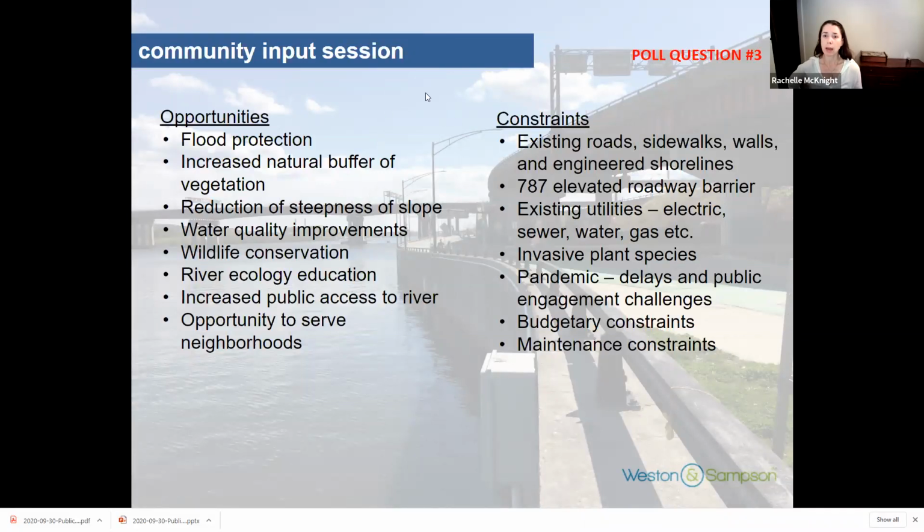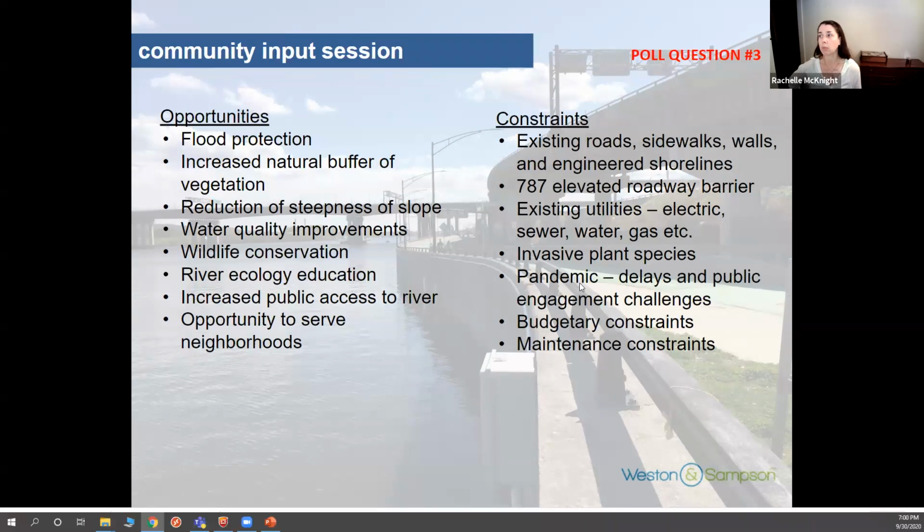So now that you've had an opportunity to review the existing shorelines, we're going to ask another poll question. What I want to do as we move through the study is, if you guys can take a look at some of the opportunities and constraints. I've outlined quite a few of these, just reviewing the existing conditions. But this is what we're kind of dealing with along the shore as we frame the recommendations for this study.